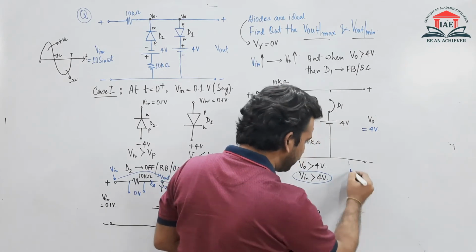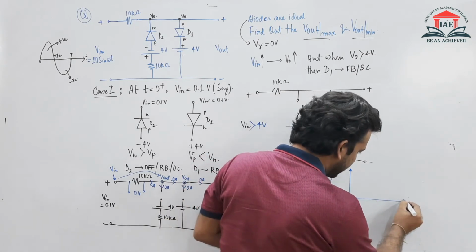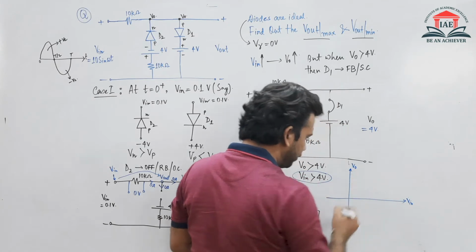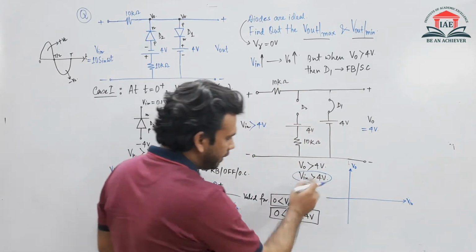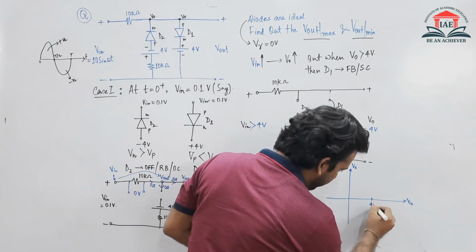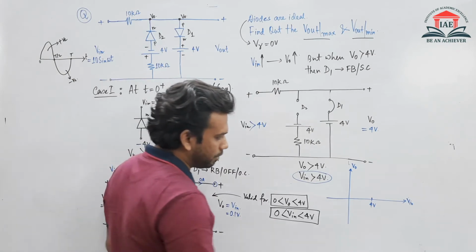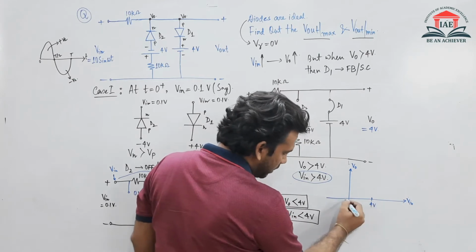So this is the output voltage axis and this is the input voltage axis. So let us write V input and let us write V output. Now the boundary value is V input equals 4. So let us say this is 4 volt. Now if I want to draw the transfer characteristics, so when the input voltage is from 0